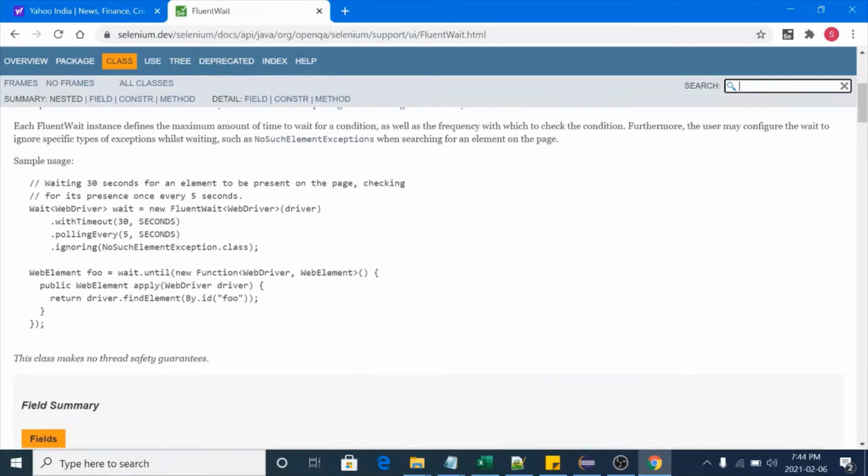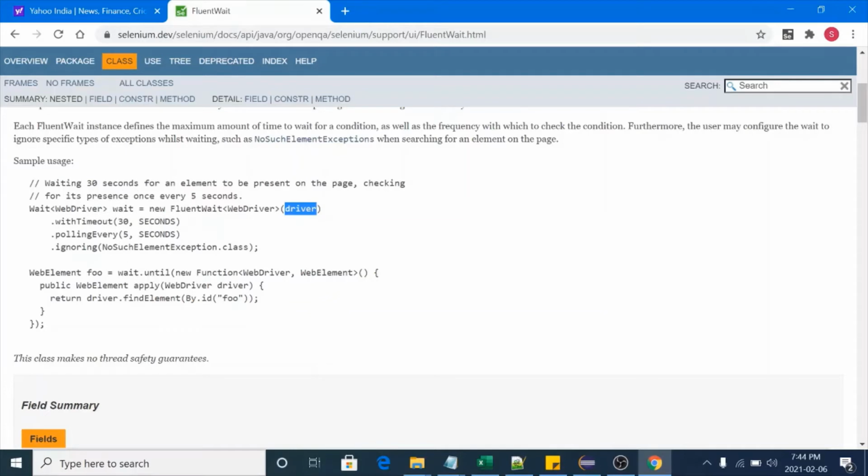And this is a sample of how to use it. So you can use this Wait interface to assign a FluentWait object. In this object you have to pass the WebDriver object driver, and you can define the maximum timeout with the withTimeout method, 30 comma seconds.